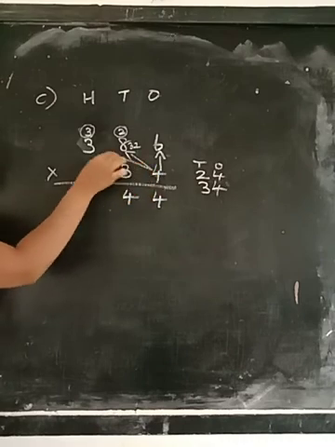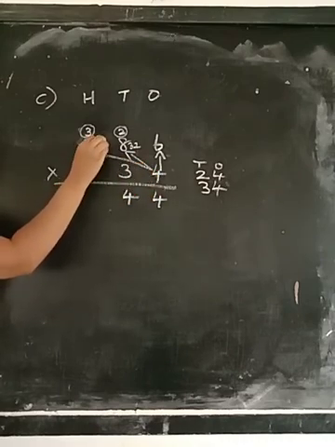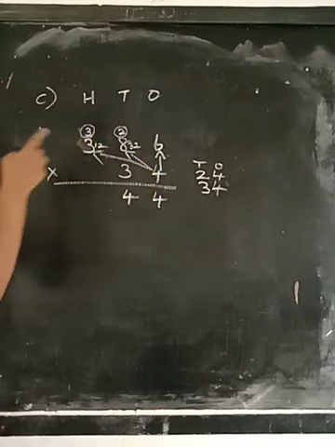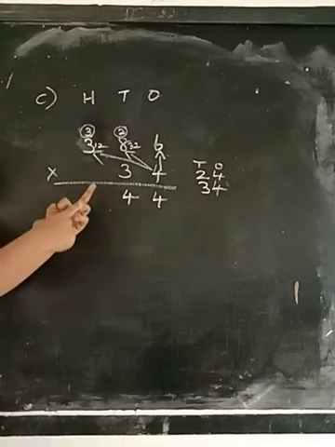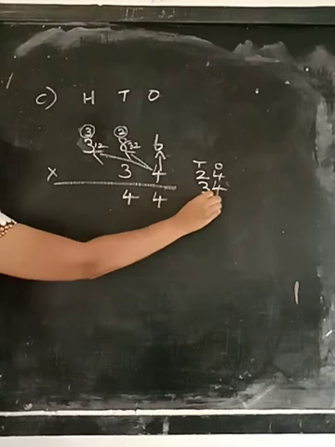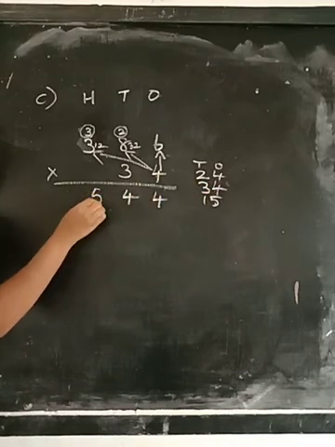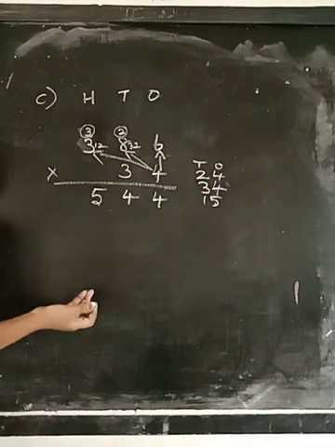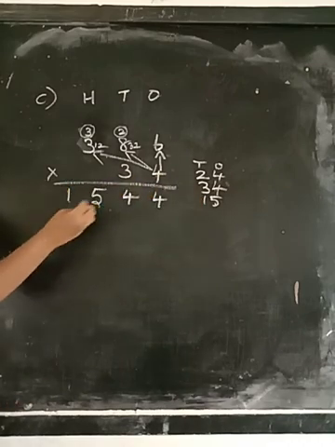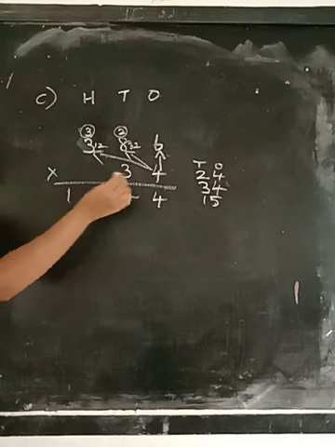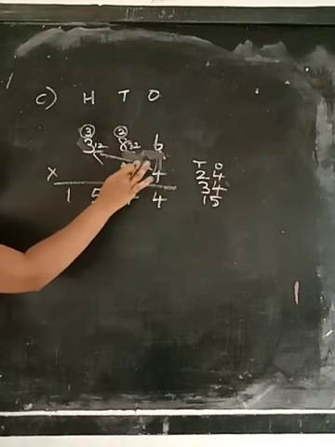Next, it is 4 3s are 12. So 12 in the mind, 3 in the fingers, 12 after 13, 14, 15. The ones place number is 5. After this, no number is there. So you can write that 1 also near the 5. Okay? Now the ones place has been completed.